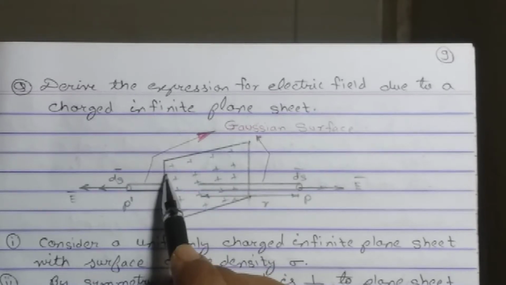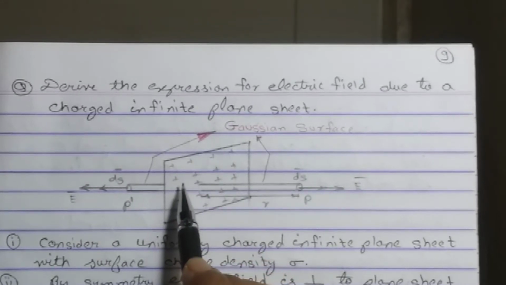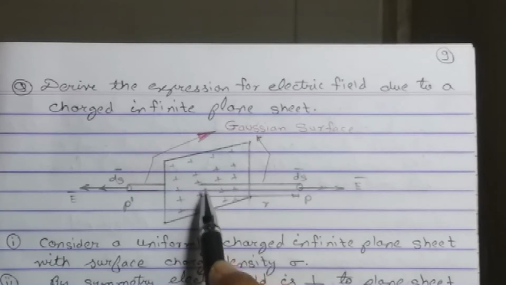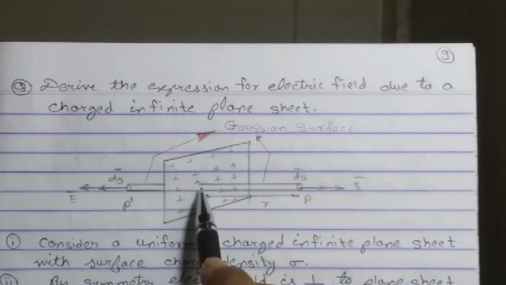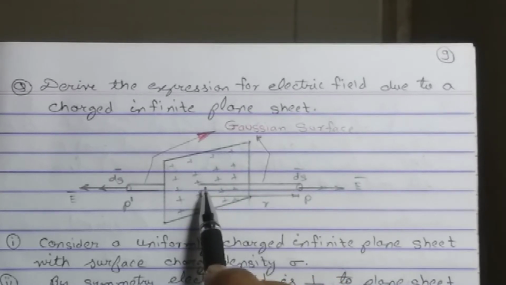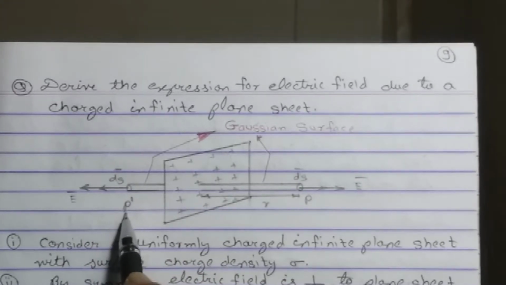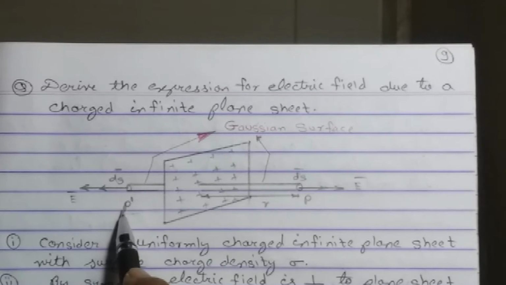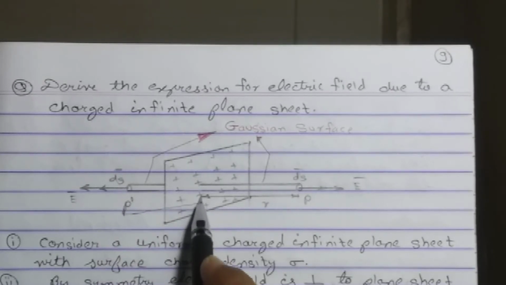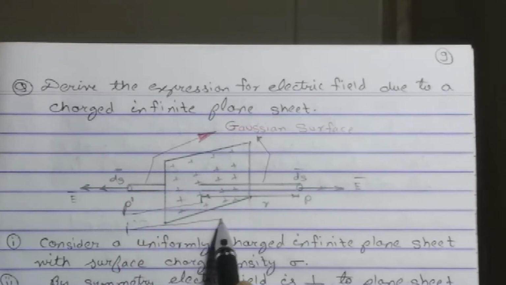Students, since charge is situated on the plane sheet on the right hand side as well as the left hand side, we can say the electric field is the same. If I take point P at a distance r, the same electric field will be at another point P dash, which is at the same distance r. So from here to here again the distance is r. So this r plus this r is the total distance between the two end caps of the cylinder.